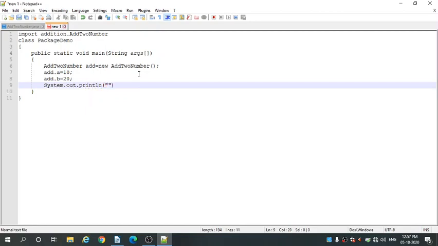Inside the printing statement we are writing "addition of two number" plus, with the help of the add object we are calling the sum method which is present in your AddToNumber class. Okay, and we are done with this class.